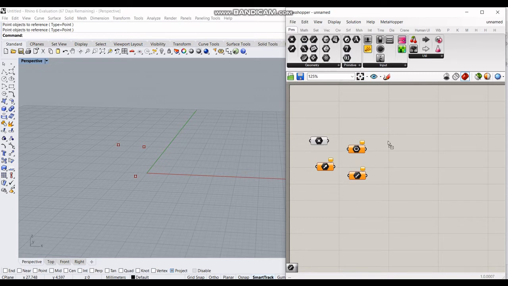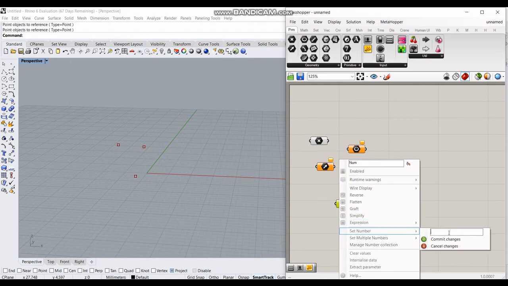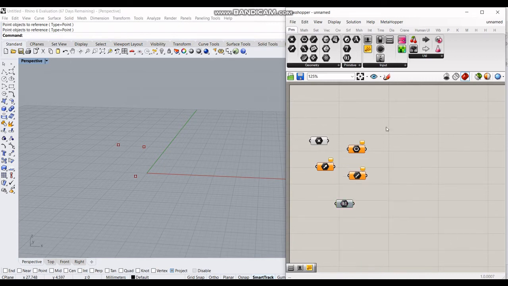So let's move on to numbers, and these are important when we are interacting with the real-time simulation. Let me initialize a number here. Now to visualize things in components, you can either keep your mouse over it, or you can connect to a panel, which can be really useful for visualizing multiple numbers.